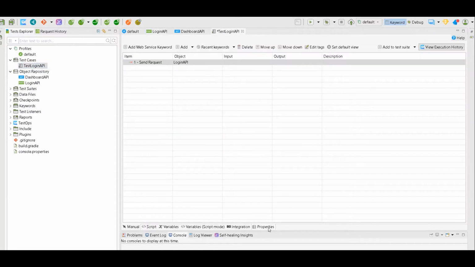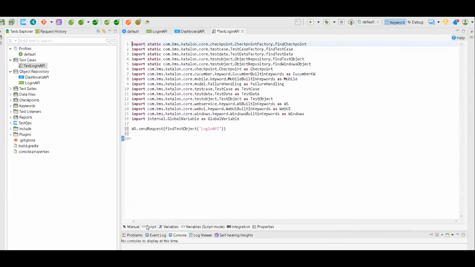In Katalon Studio, there are three ways you can write a test case. Either you can write the test case manually, where everything is present in a step-by-step way. Or if you know coding, you can go into the script section and do all these things related to coding, like we did in Java and Groovy, right? We can say String s is equal to hello, and you can then print hello also. Similarly to Java, it has all those statements. So if you know coding, you can go here also.